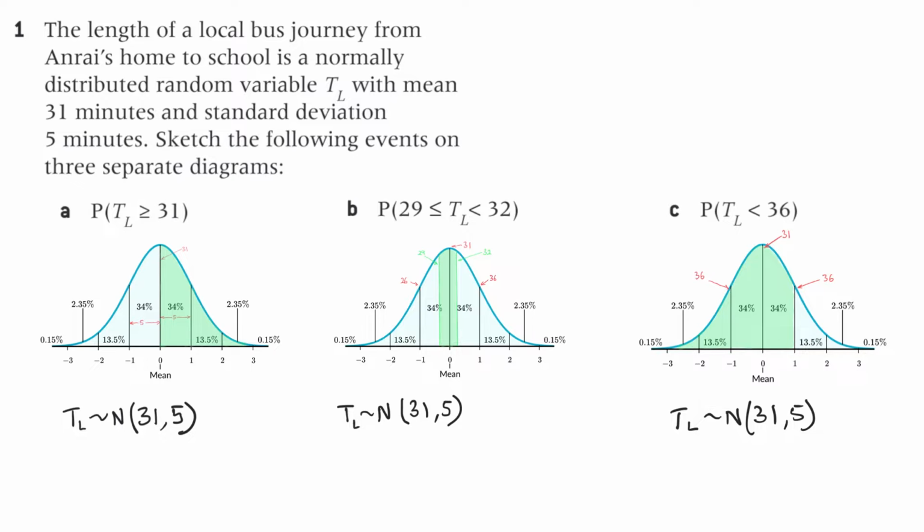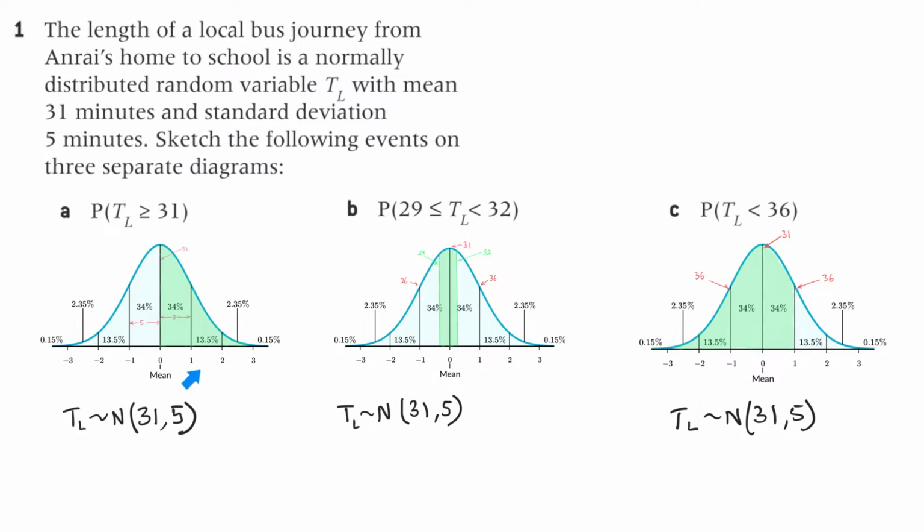Okay, but what I've actually done here, it's a bit hard to see some of these numbers, but I've put in what they wanted us to do: sketch the following events on 3 separate diagrams. So let's have a look at it first. We've been told that the mean is 31, so that center line there, the line of symmetry, is 31. A little bit hard to see, but that's what that is. And if the standard deviation is 5 minutes, that's all going to be